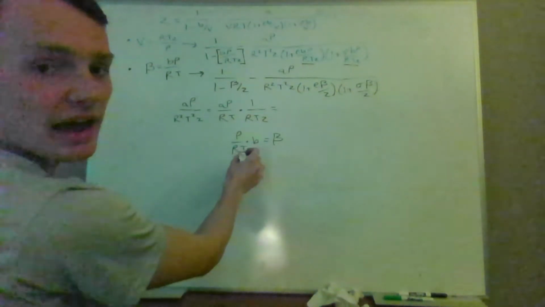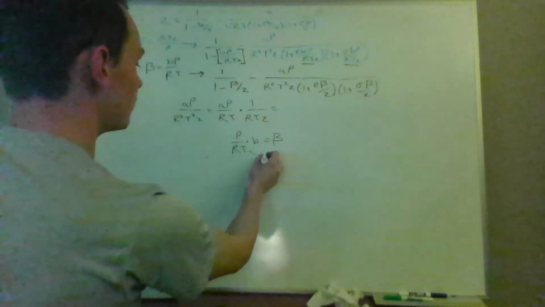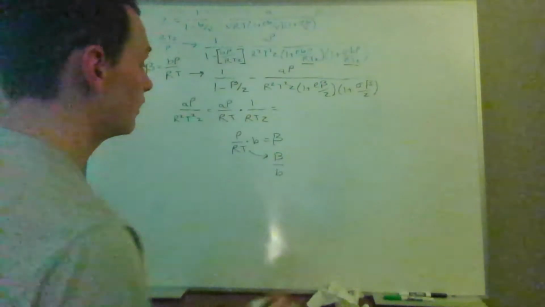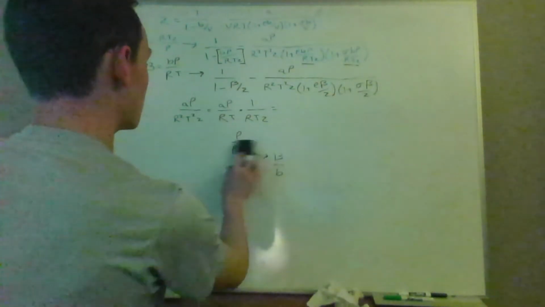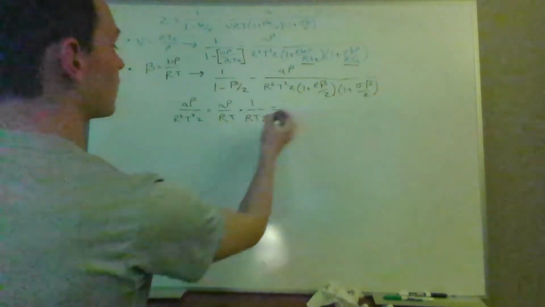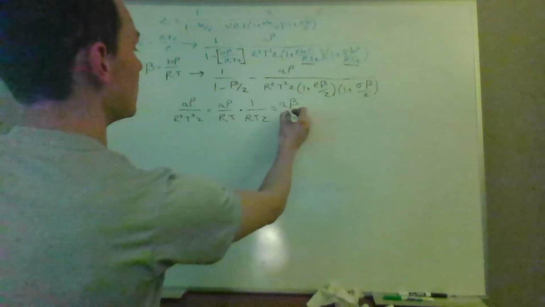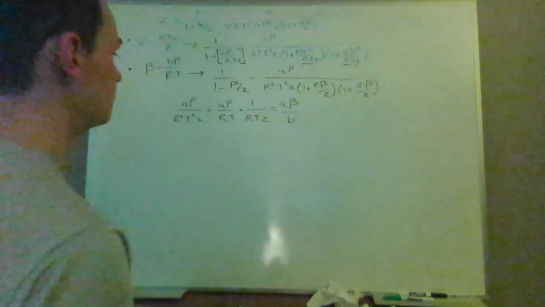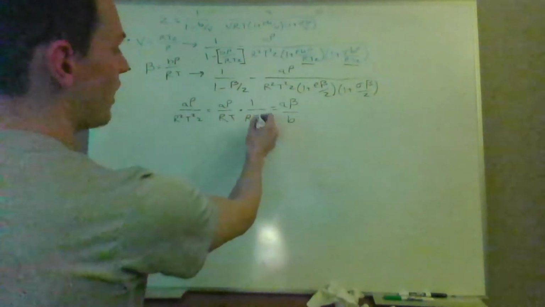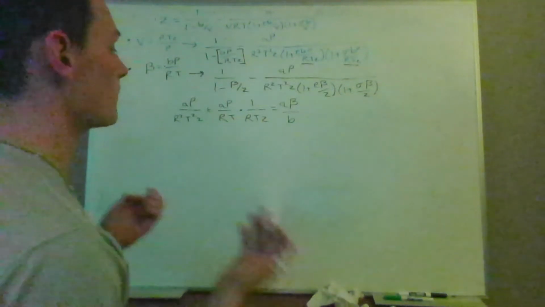But if you just had P times RT, then P times RT would equal beta over B. So that's good. Beta term is really, really becoming useful, isn't it? And we have our A term too. So that means we could represent that as A times beta over B. Okay? That's good. What we still have left, now obviously Z, that's the compressibility factor, and we're making a